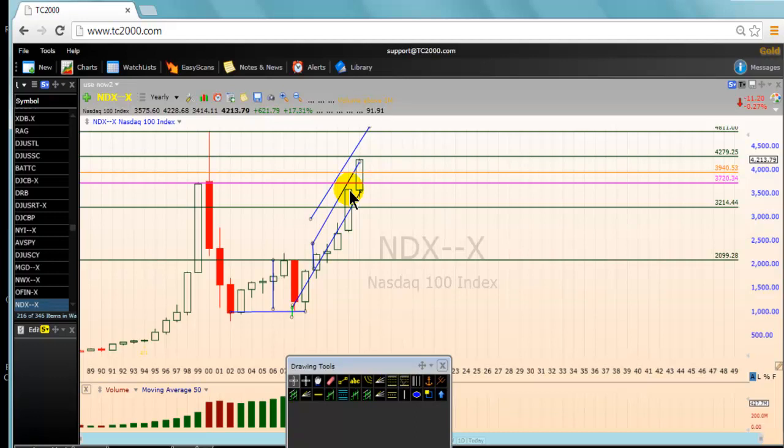What I want traders to see is to pay attention to what we call the market leaders. So when we are talking about the Nasdaq 100, what are the market leaders? If you are trading the Nasdaq 100 index, you must know the market leaders. We know that Google is a market leader for the Nasdaq 100. Apple also is a market leader for the Nasdaq 100. So you want to understand how they affect the Nasdaq 100 index. So dayprotraders.com, Market Watch, check what the market leaders are and how they influence the market.